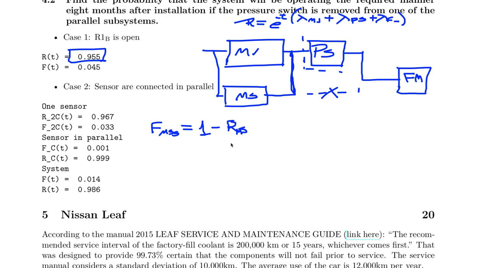So this guy here, again, is the exponential of minus t times the lambda of the moisture sensor. So you find that, then you solve for these two, so F of the subsystem will be the F of the moisture sensor on top